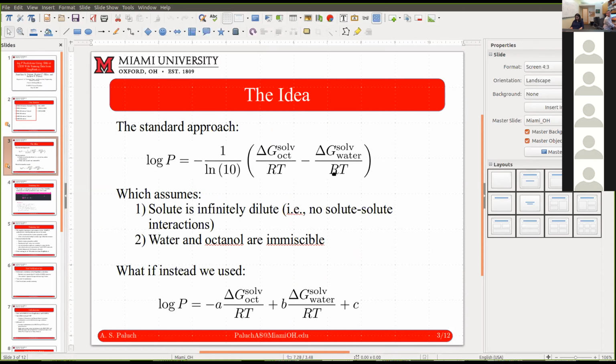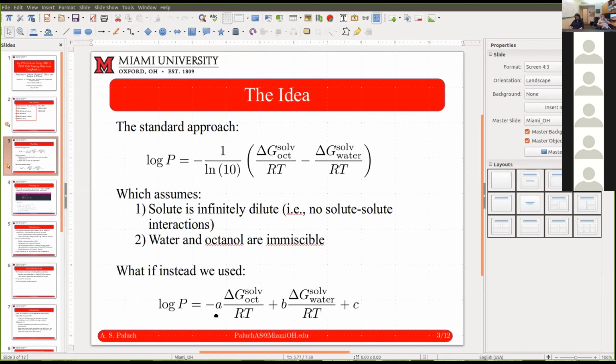And so what we did is we said, well, what if we take these, instead of being solvation free energies, to be more representative of molecular descriptors? So trying to think of this as kind of a linear solvation energy relationship type of approach, where we have descriptors which account for specific behaviors of our molecule. We said, okay, we can readily calculate these values. What if we assume that log P is essentially a linear combination of these two descriptors? Essentially, we're going to do a multilinear regression where the two descriptors are going to be solvation free energy in octanol and water. And in order to do that, we needed to find a source of data to